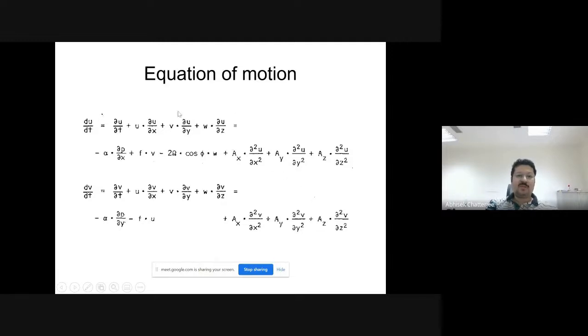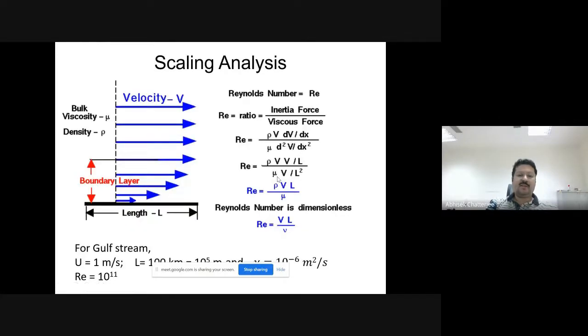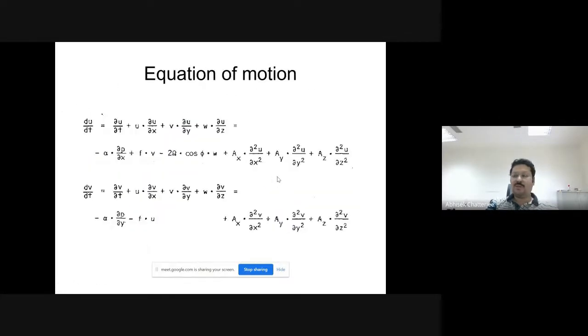So we got some terms of this advection. Then we got the Coriolis force here, and then we also discussed the frictional term, which is represented here. Then last class we said that it is very difficult to solve these equations because there are so many nonlinear terms, and it is almost impossible to solve them analytically. Most often we may not need to solve this equation. That is the important part.